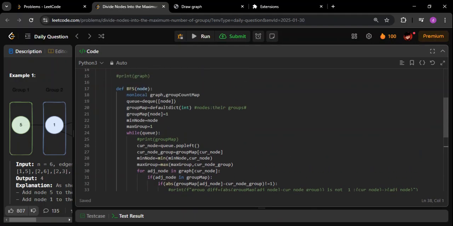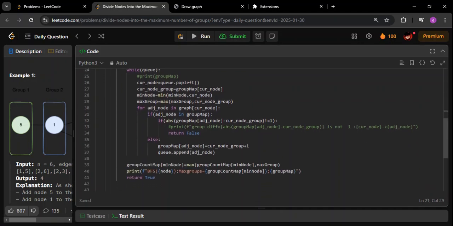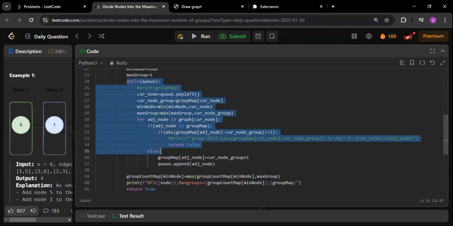Okay, if you see, we have followed the same here. First, we push it to the queue, and then we make an entry of it in the group map. As simple as that, always we have to do that. Okay, fine. Once the whole while loop is complete, what we have to do